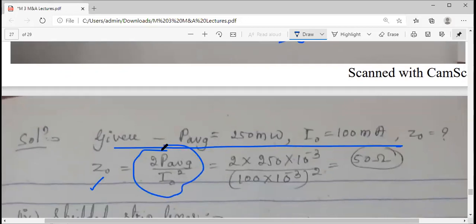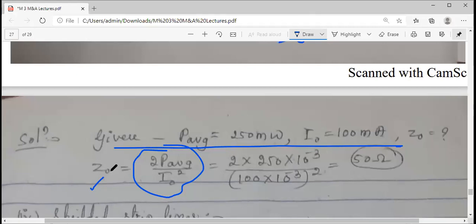Hopefully now you're feeling that it's a very direct kind of question where the values are given to you, you substitute and get the answer. But as a whole, you try to understand all 5 modules when you prepare and go for the exam. At that time, even a simple problem you will feel difficult to do because you won't remember the formula. So it's my humble request to you, again and again I'm telling you, at the back side of your notebook, or on a paper, try to write down the list of all the formulas.